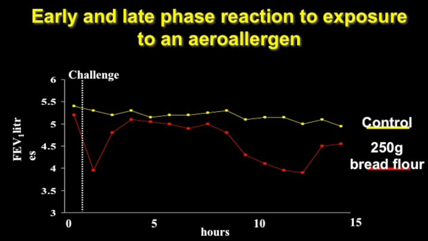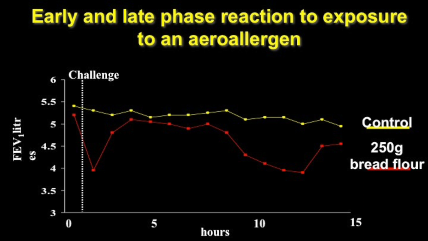You breathe in the air allergen, the air allergens are inhaled into the lungs. Those allergens cross-link pairs of IgE molecules on the mast cell, which then degranulates, releasing its toxic mediators, which cause immediate vasospasm, mucosal edema, and bronchoconstriction. And within a very short space of time, and the active component is the red line at the bottom, you get a reduction in FEV1 and the patient becomes breathless.